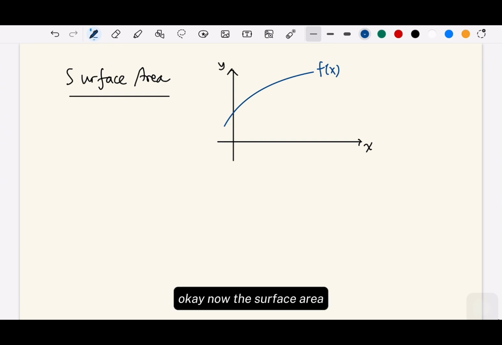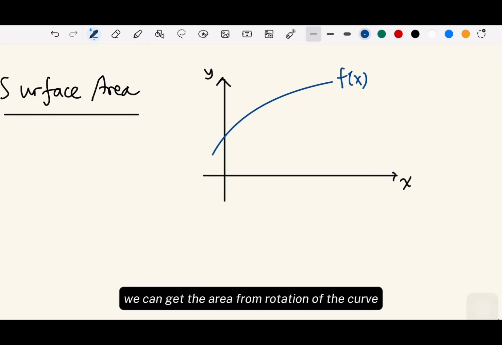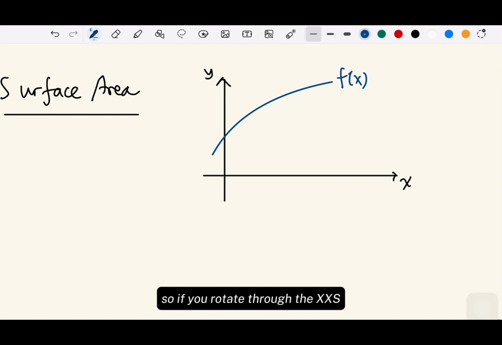Okay, now the surface area, remember if we have a curve like this, we can get the area from rotation of the curve about the x-axis, or y-axis, right? It will give a different shape, right? And also a little bit different formula. So if you rotate through the x-axis,